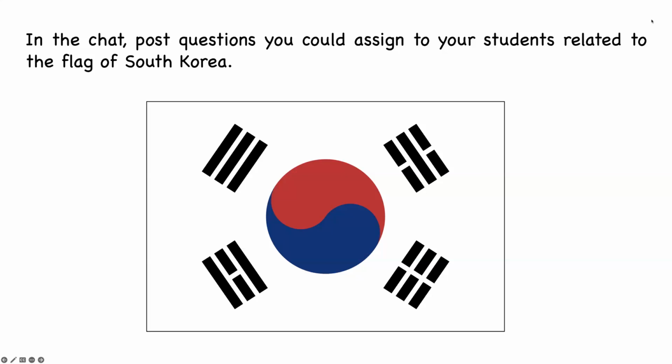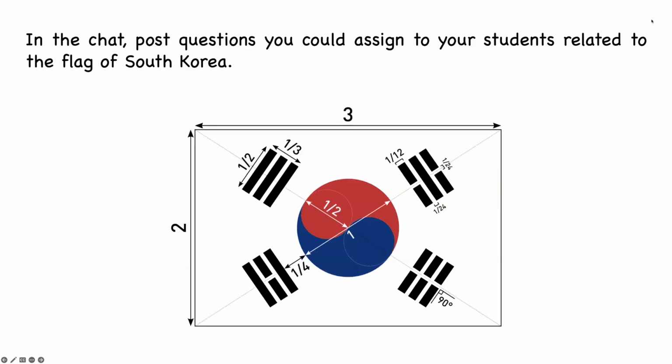This is one of the most beautiful flags. It turns out that is the definition of the flag of South Korea. It is very prescriptive. The aspect ratio is 2:3, and everything is nailed down here. The radius of those circles, the length of the bars, the width of the bars, everything is there. So there's a lot of different math questions you could ask here, and especially creating this with TI technology, to be able to put this up on the screen of the calculator. There's a great deal of mathematical thinking that you would have to go through to be able to do that. Coordinates, points of intersection, lots of stuff.